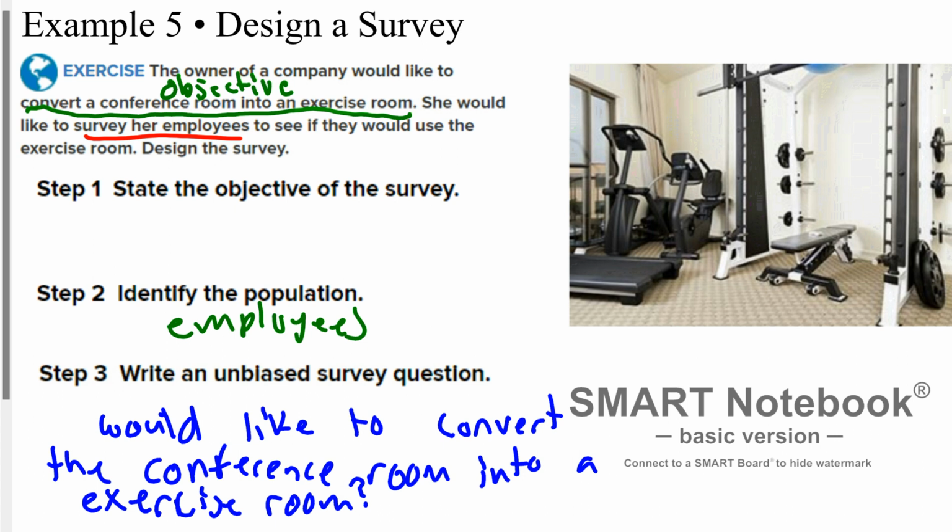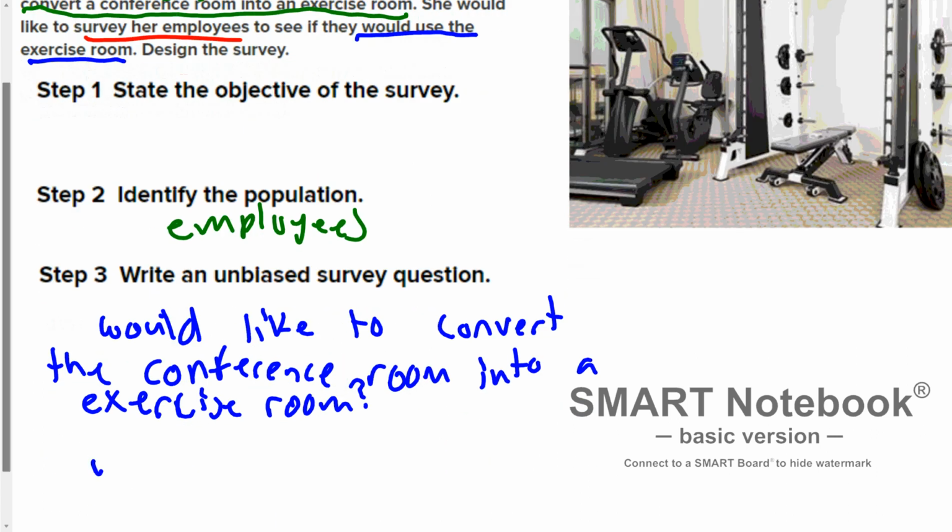Then you might want to do a follow-up, right? Because maybe everybody wants to convert it into an exercise room, but you might want to have a follow-up to see if they would use the exercise room. So we could ask that first question, then we could have a follow-up that says, okay, would you use the exercise room if it was converted? Would you use the converted